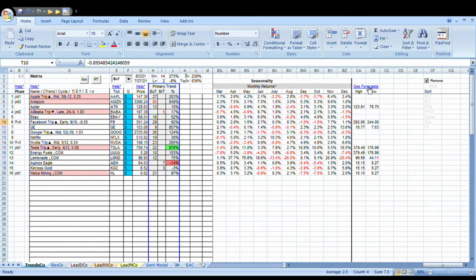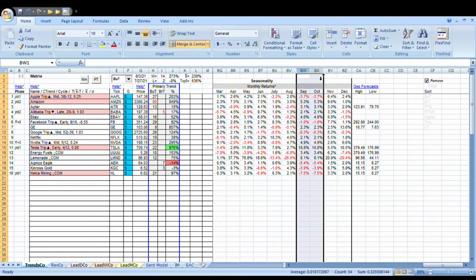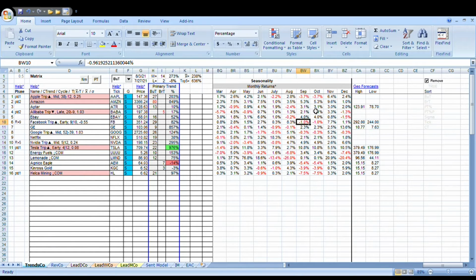But if you click the geo forecast link and you put in highs and lows and you try and play them according to when the time frames are good or seasonality, they're good times for taking profits. In terms of Facebook, we've identified that as one of the better ones. It's going to do well, and it does pretty well in August. It does struggle between September and October. So if you're in this and you've made some money, or if you make some money going in when the calendar flips, it's usually not too bad to take some money off the table when we get into these weak periods and just sit to the sidelines.